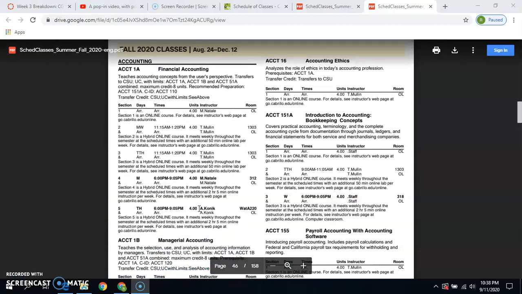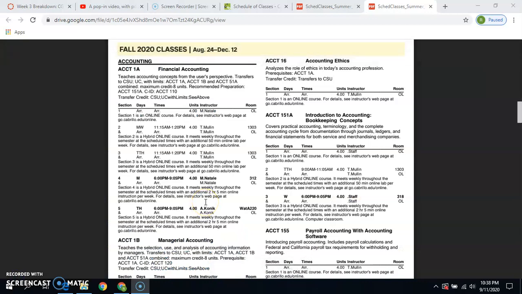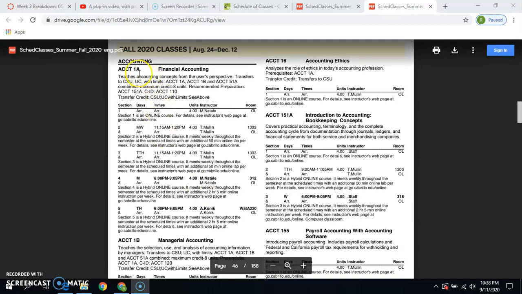Once in the schedule, I'm going to scroll down to page 44 to show you an example for accounting. Today, I'm going to use Accounting 1A, Financial Accounting. The schedule of classes provides you a short description of the course. It also tells you that the course transfers to the California State University and the University of California, however, with